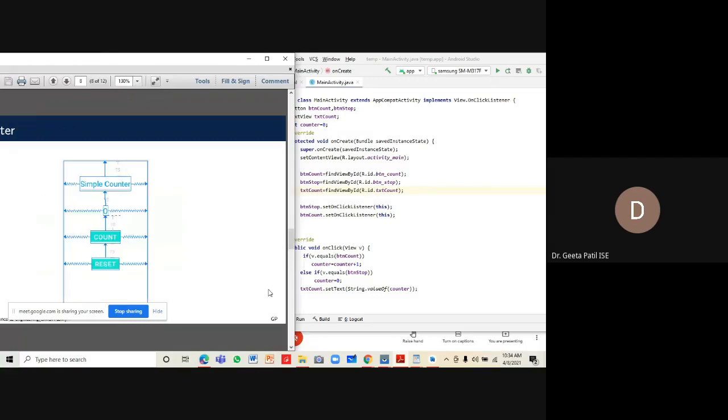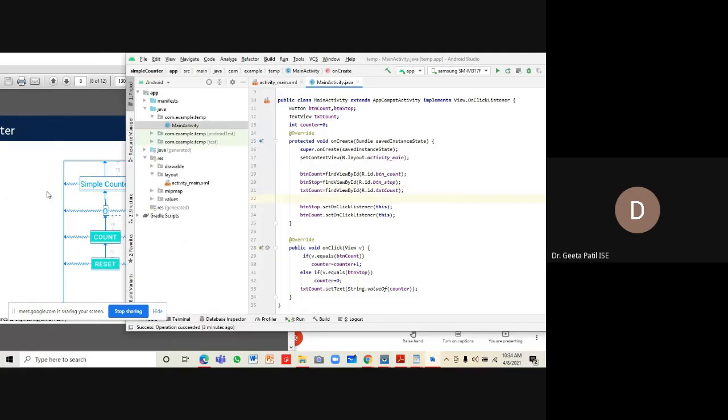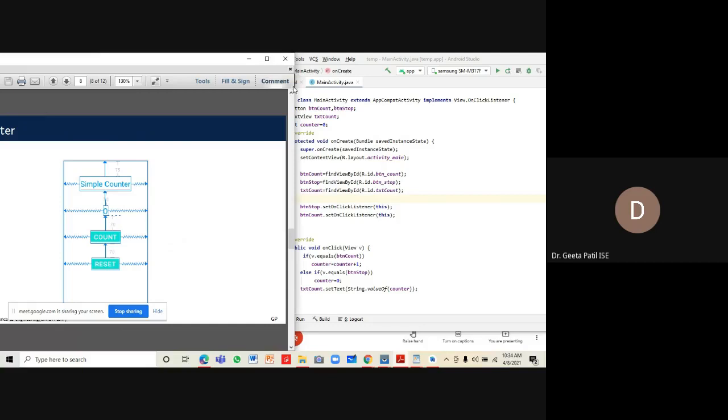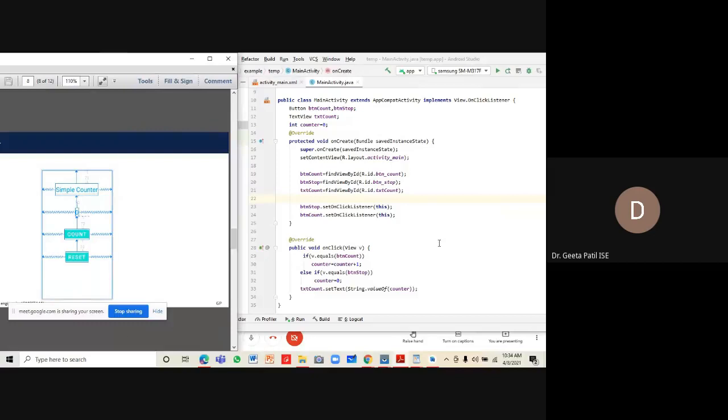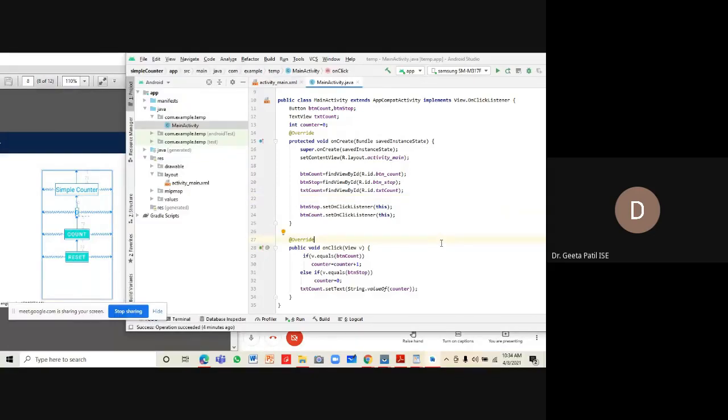You can design the counter looking at the layout in the PDF file, and the corresponding functionality is defined in this MainActivity.java.